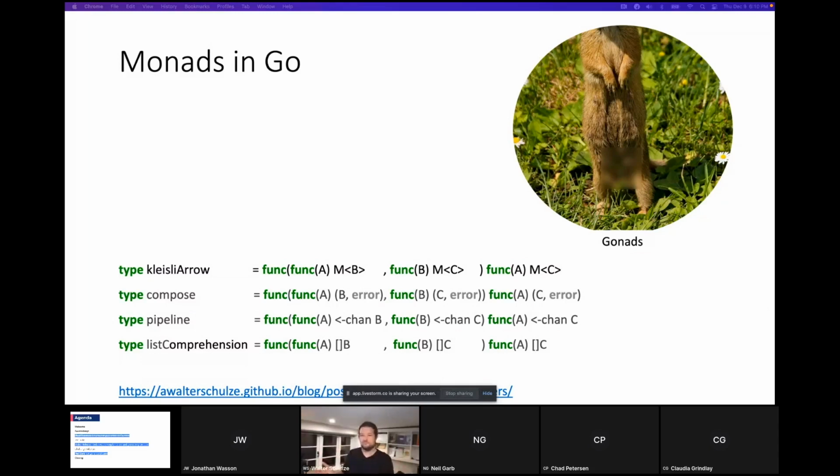You would just need each of these types to implement some type of interface. And another example of this type of interface is a Kleisli arrow, which comes from category theory,